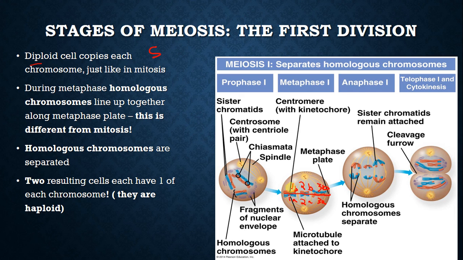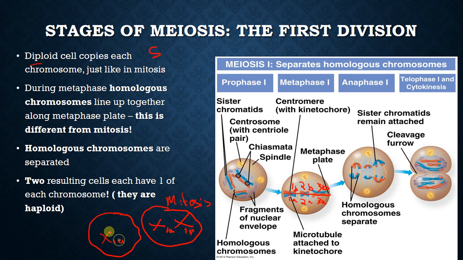So homologous chromosomes line up across from each other. In mitosis, this would be 1A, and 1B lines up right next to it. So in mitosis, they line up right next to each other. In meiosis, they line up across from each other. Big difference, because